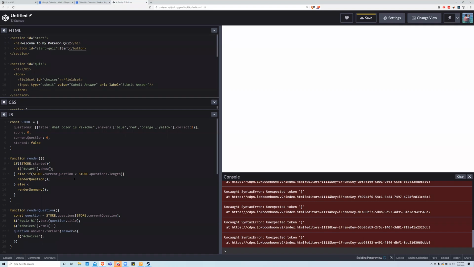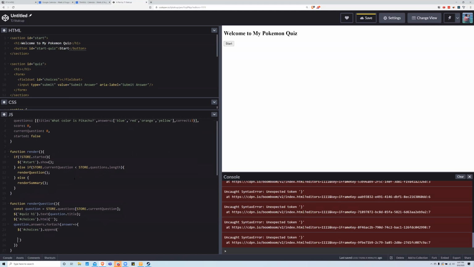Set that HTML to empty. And then choices dot append. For each one, I'm going to go ahead and append an input type equals radio, name equals choice, value equals